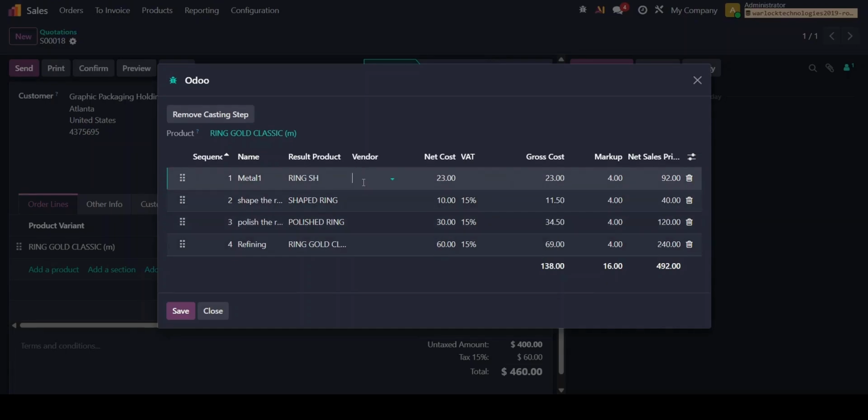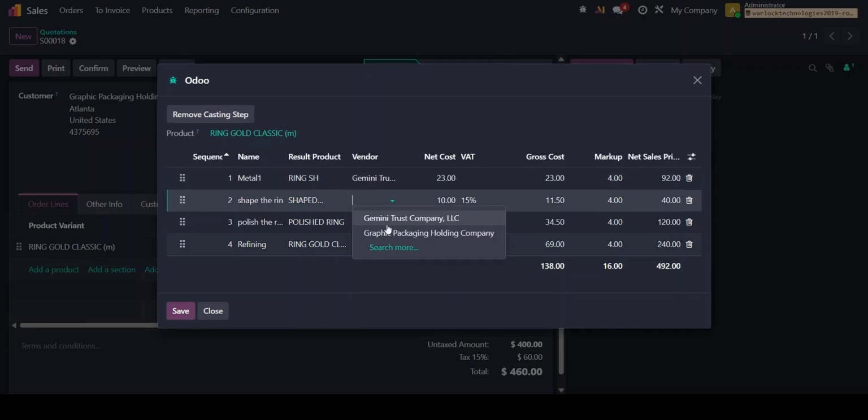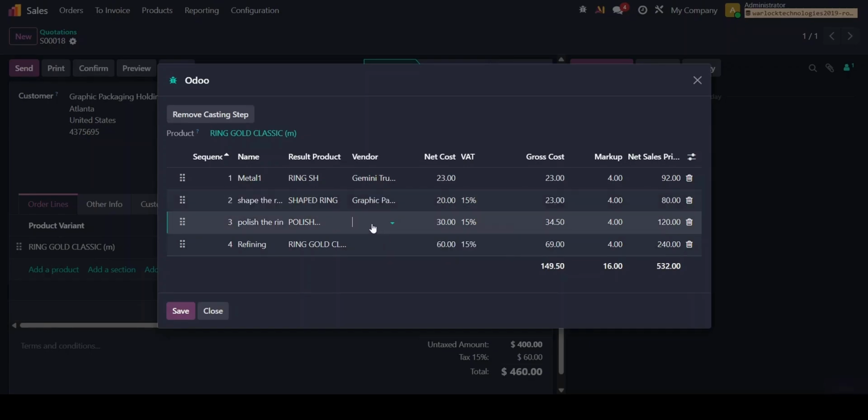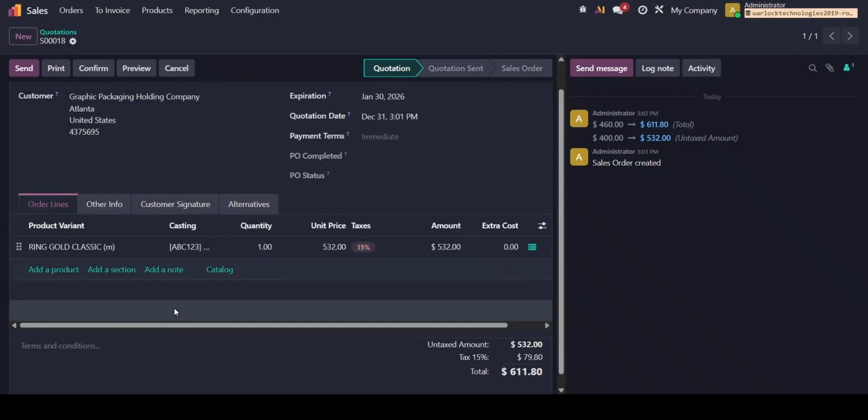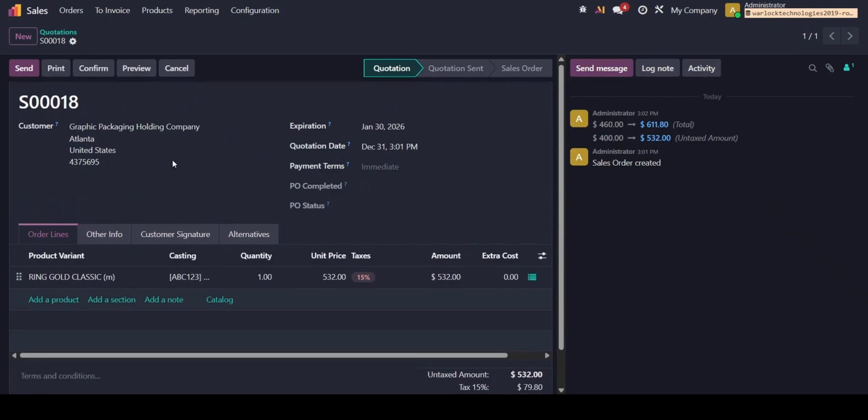I'll assign the vendors. As our vendors were predefined, it will only show me the vendors that I defined there. And for refining, it's Yashi. I click on save and confirm this sales order,